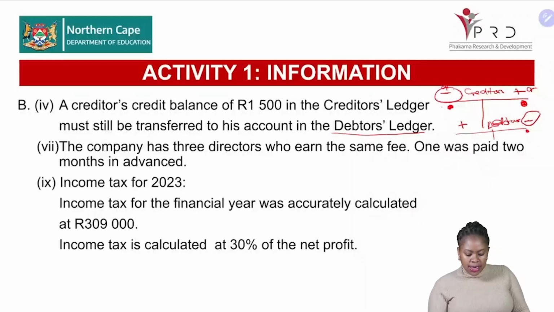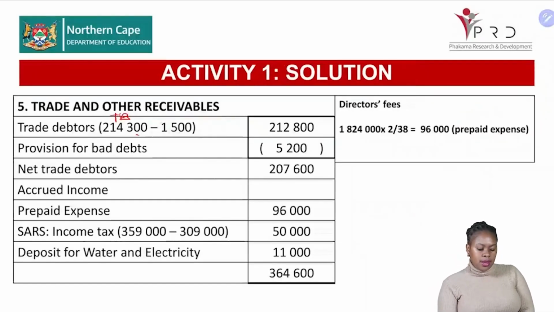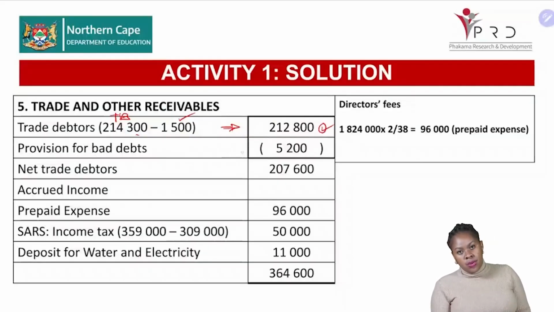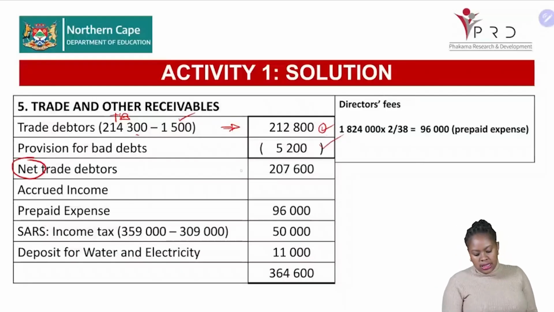Okay. So then let's quickly go to our trade and other receivables, because we know it's a negative. It's on the credit side. All right. So then I subtracted my 1,500 and that gives me my trade debtors amount there. No problem. Okay. Then we've got a provision for bad debts. Very simple. I just copied and pasted the new one. They did not say anything about the adjustments, so I'm assuming that it's the same. All right. Then I calculate my trade debtors. I will say that my trade debtors subtract my provision for bad debts will give me my net trade debtors, which is